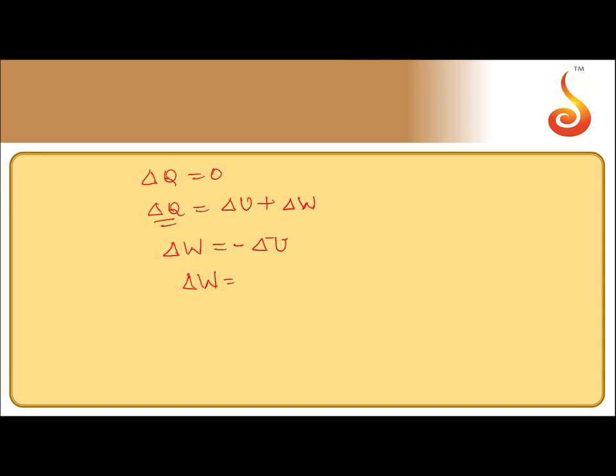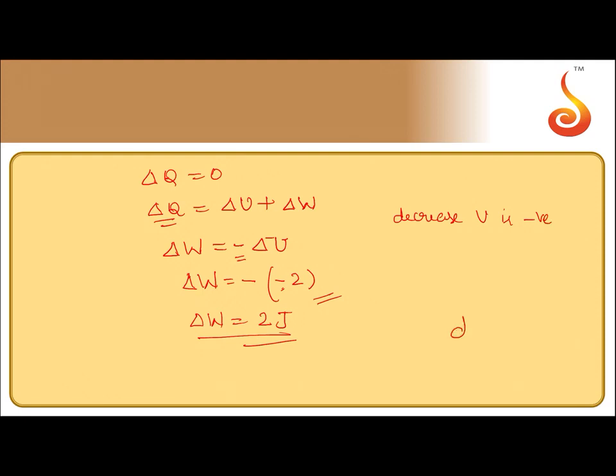So internal energy of the gas is found to decrease by 2 joules. So it is decreased, so it is minus delta U. So delta U should be minus 2. So minus of minus 2 is 2 joule. So work done on the gas is 2 joule. So the decrease in internal energy is minus 2. So you notice one thing, this minus is from formula and this minus comes from convention. So decrease in U is taken as negative, increase in U is taken as positive.